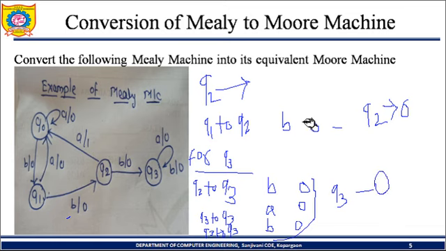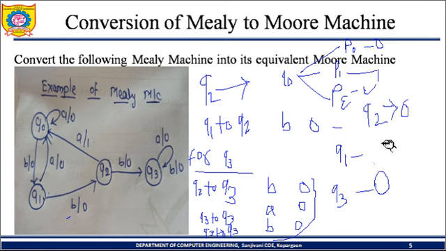Up till now we have divided the Q0 state into 3 different states. Those states are P0 with 0 output, P1 with 1 output, and as P epsilon is the initial state and its output is different, P epsilon with epsilon output. We have not divided Q1 into any other state because for Q1 also there is a single output, so Q1 will remain the same, Q1 with 0 output state.